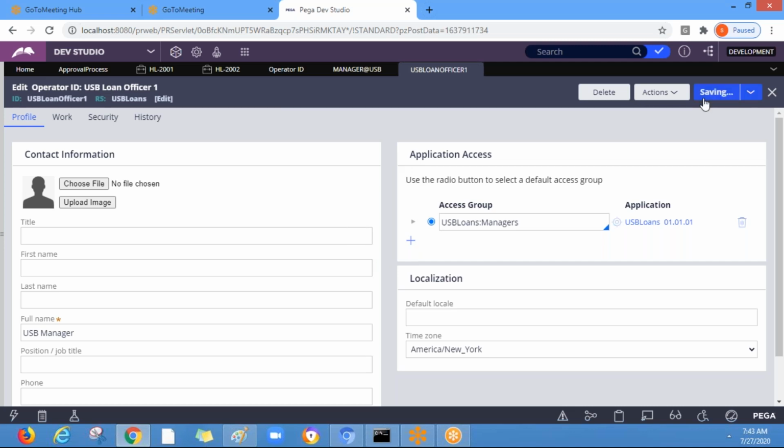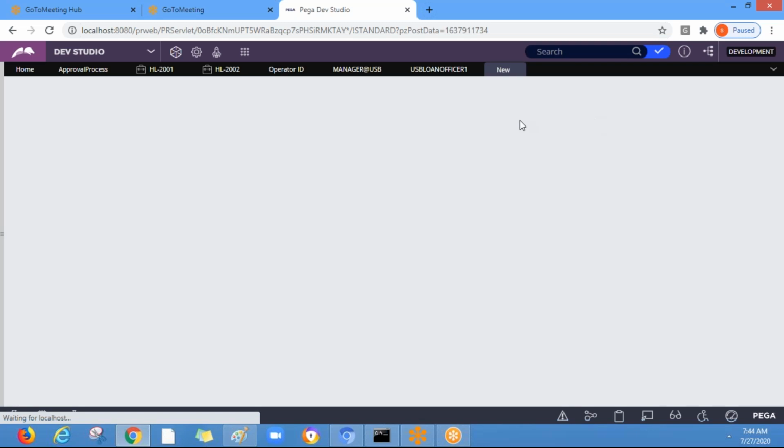So save it. So we can change the names. Let's say loan officer 1. Save as this and put loan officer 2.